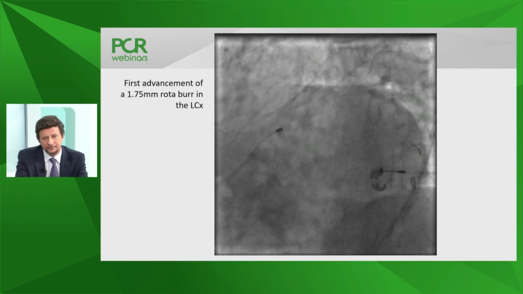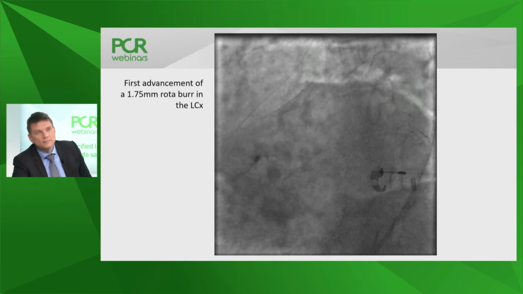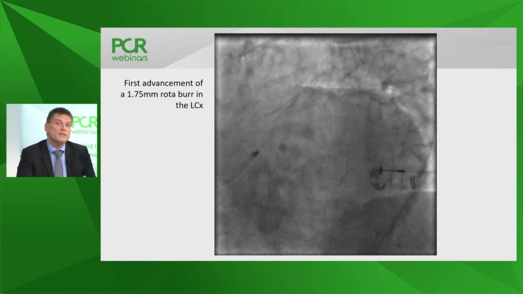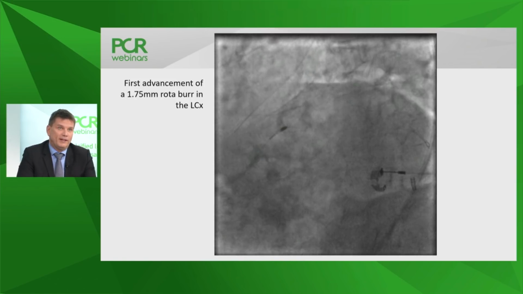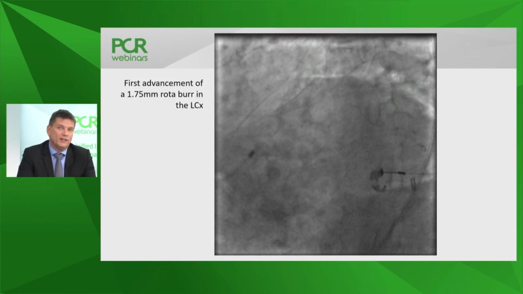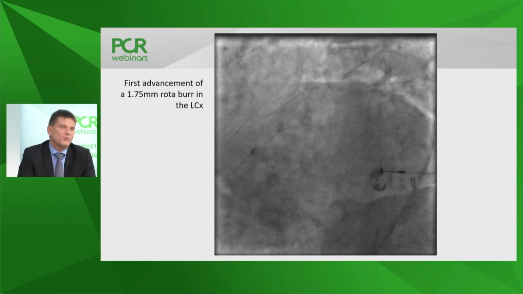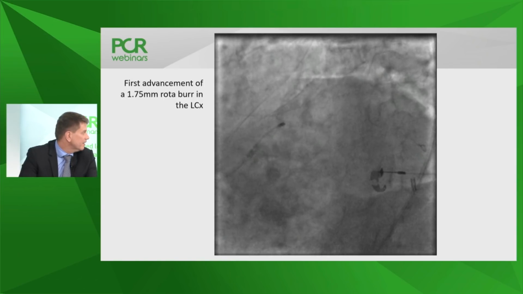Chris, do you agree to start with a 1.75 as a first burr on the circumflex? Well, in this specific case, I think you can, because you already crossed the main lesion. On the other hand, we know that the circumflex is tight. What I would normally do would maybe be to start with the 1.5 again, but I can understand that you